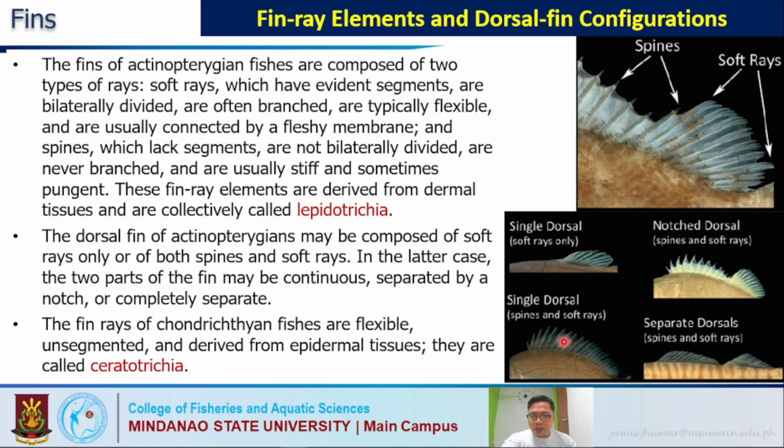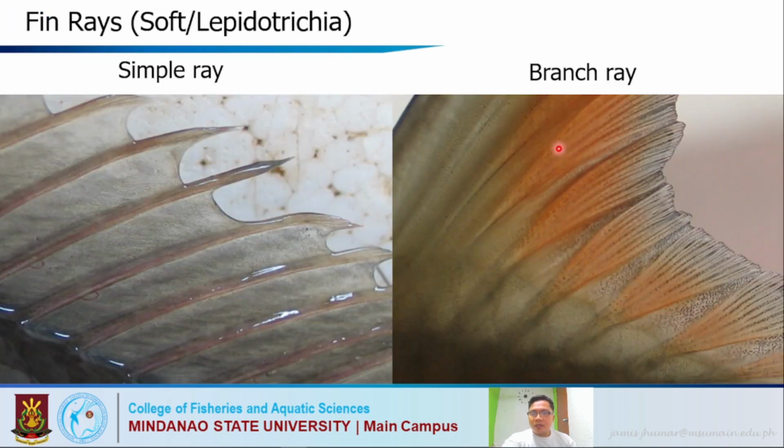So this part here is spine and this part here is soft, and sometimes they have separate dorsals, the spines and the soft rays. So these are different configurations with respect to the adaptations of different actinopterygian fishes, some of which also have different